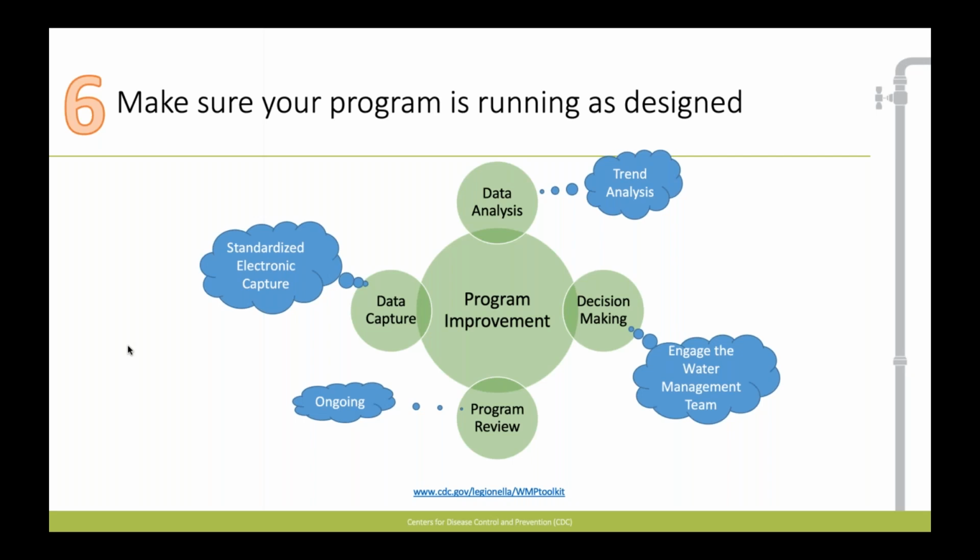It really needs to be part of the water management team and part of the water management program to track that data over time, identify areas that might have persistently low chlorine or persistently low biocide, identify areas where temperatures just aren't quite as high as you want them to be, and really have that inform the decision-making and inform program review. We like to talk about water management programs as kind of a living document, that it doesn't do a lot of good to write it down, bind it up, and then put it on a shelf somewhere. This really needs to be kind of an ongoing discussion with both the water management team and the folks implementing the water management program itself.